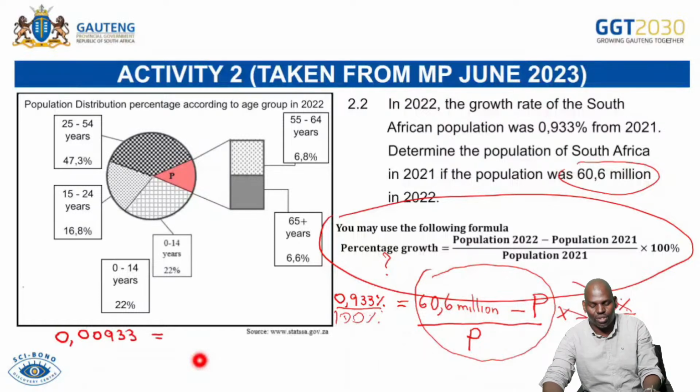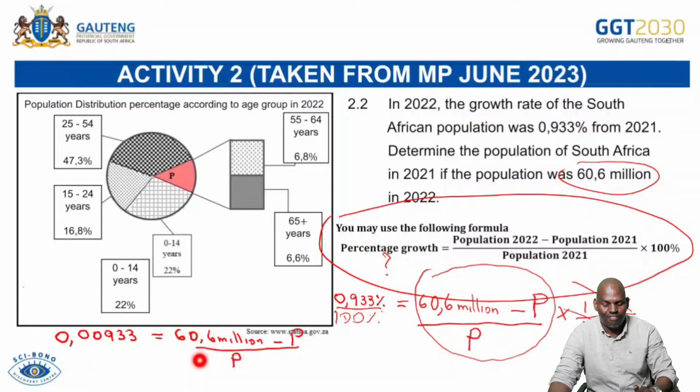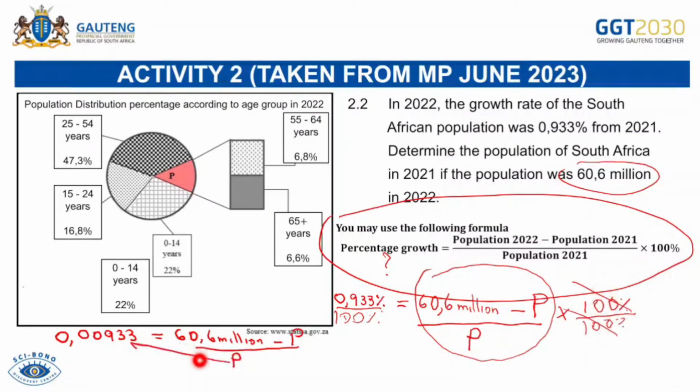And then what do I have on the right hand side? I still have 60.6 million minus P over P. We have to find the value of P. Then from there I cross multiply. This is the same as over 1. If I take P and multiply by that, I'll get